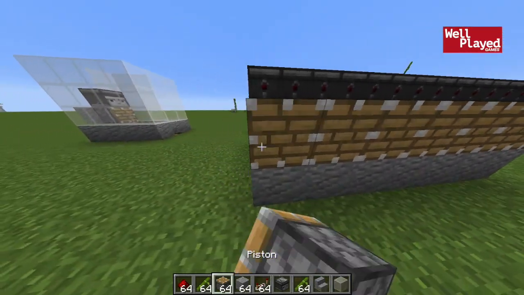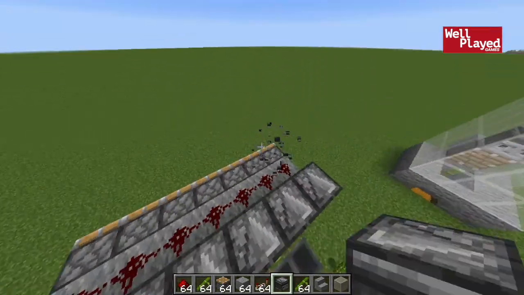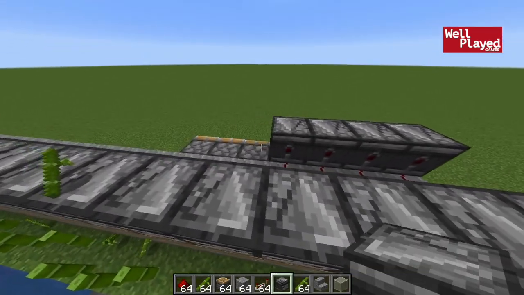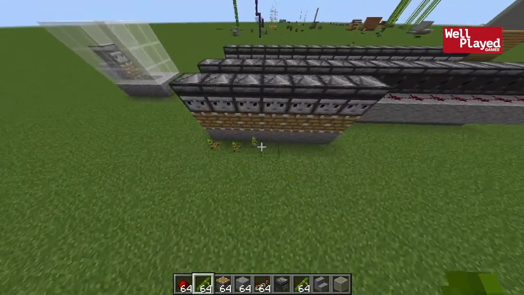go ahead here and place pistons like so, use the exact same, whoa, not what I meant to do. Use the exact same observers, though, on this side, you can actually make this farm extremely compact. If I could get these to place correctly, that's a pretty good example of it right there. Yeah, you can get this farm to go pretty compact because now on either side, if any of them grow,